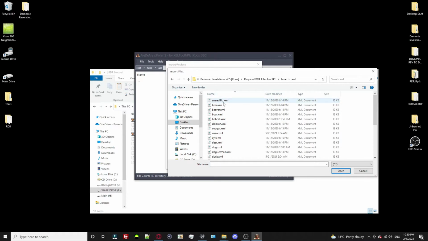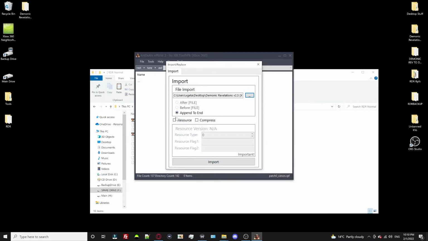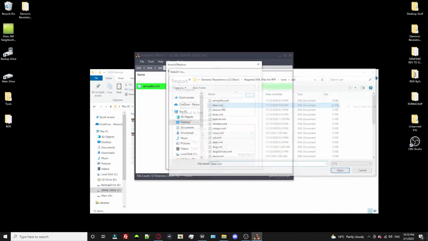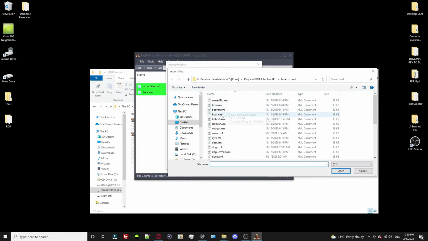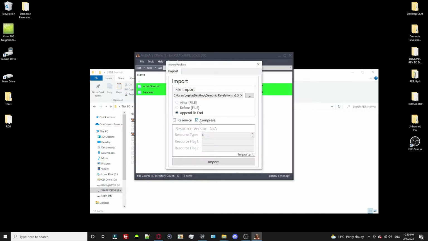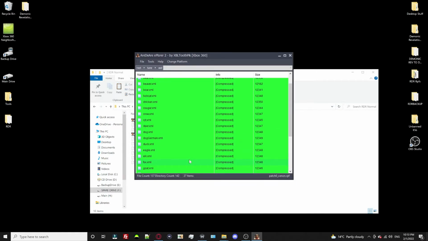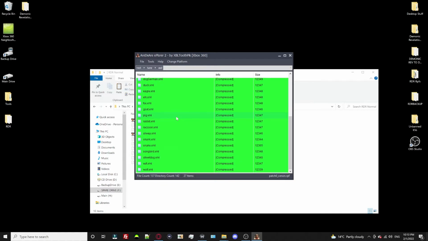I'll go ahead and show you around 3 of these and how you import them. So you're going to go down the list and click open. Then you're going to click compress since it is an XML file and click import. Then you just want to do that for the rest of the XML files here. Alright, once you're done importing these files, I'm going to go ahead and show you how to import a custom,